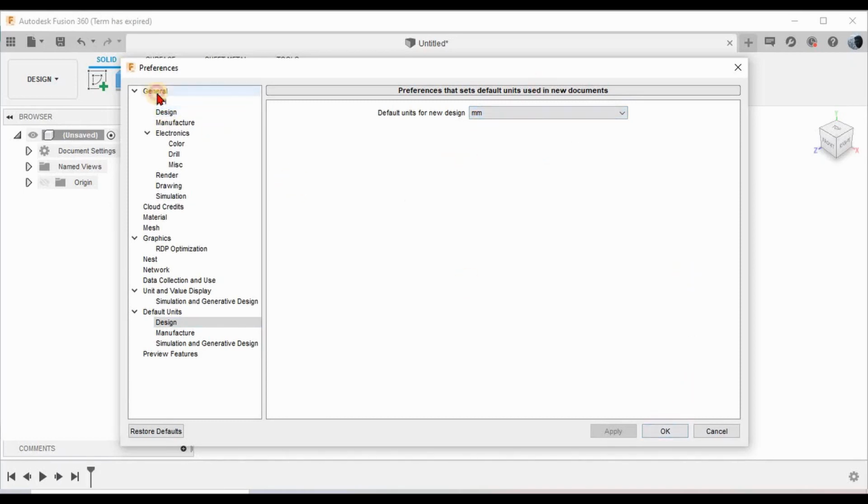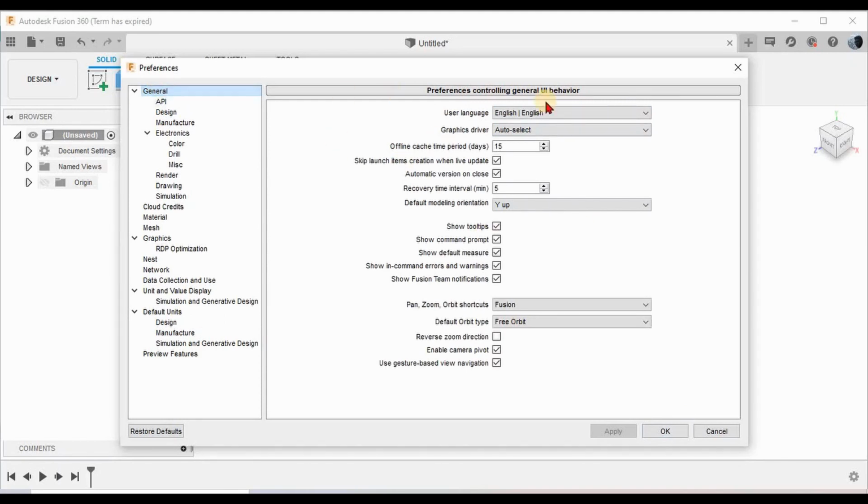Also one more thing, under general controls, you have something called pan, zoom, orbit and shortcuts. If you are new to Fusion 360, you don't have to worry much about this part.